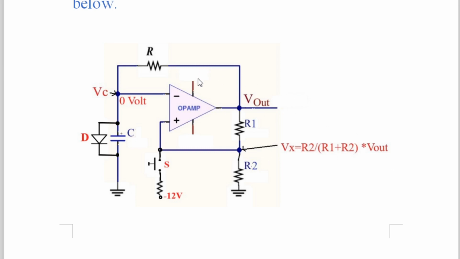Now, as soon as I turn on the power supply, in the next step what you will observe is that this voltage is 0 volt, but due to the feedback at the non-inverting input terminal, the moment the power supply is turned on, the voltage at the non-inverting pin becomes slightly greater than 0 volt. Therefore, the output of the op-amp will be thrown to plus 12 volt, because you know the basics: when the voltage at the non-inverting input pin is greater than the voltage at the inverting pin, the output will be 12 volt.